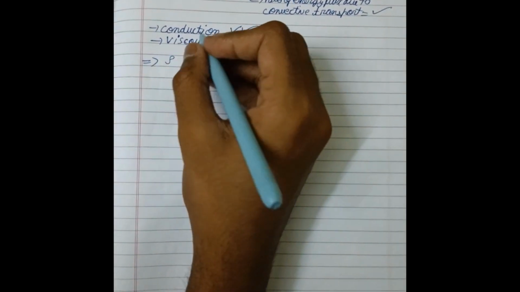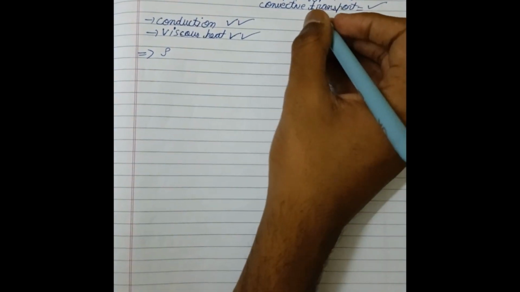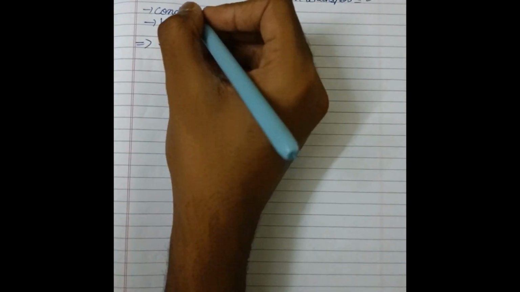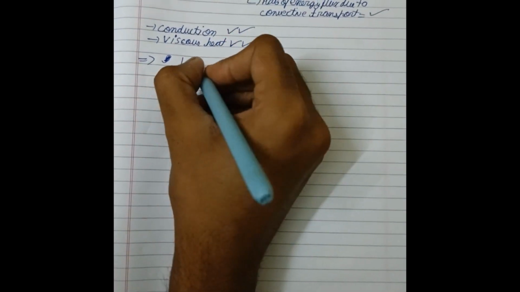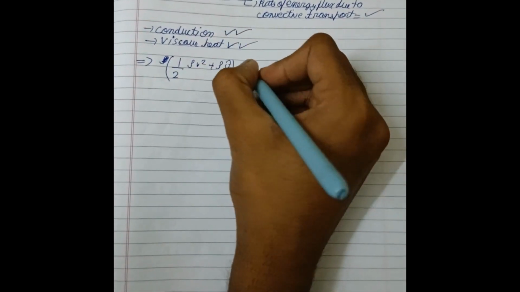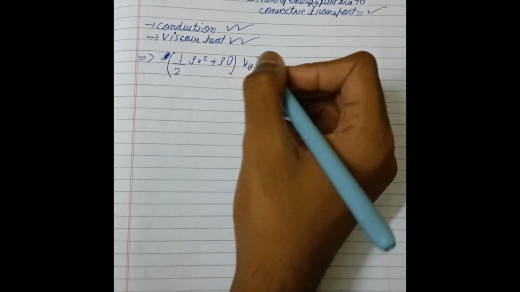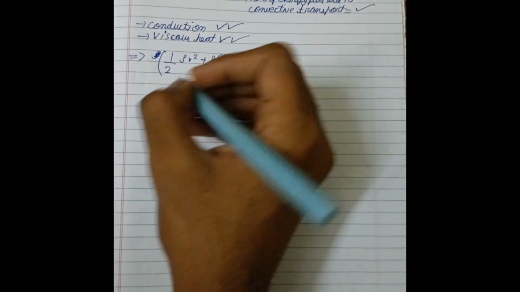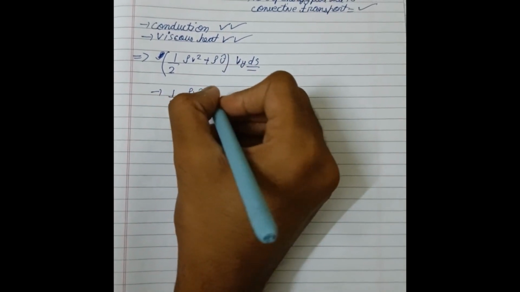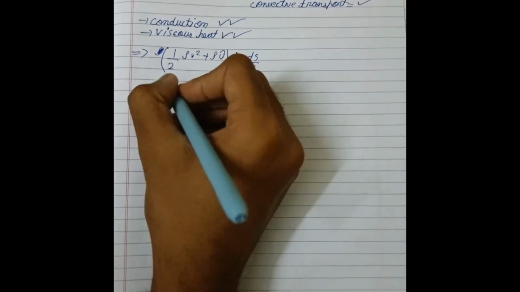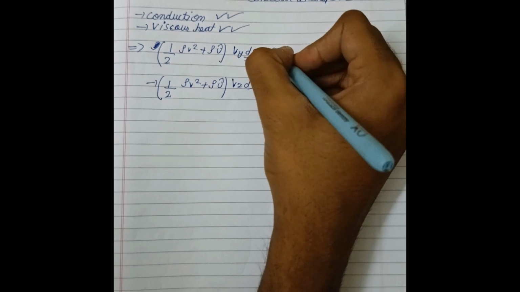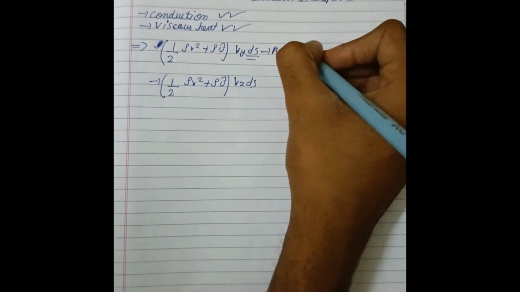Now we have already discussed the rate of energy flux due to the convective transport. As we have written for Vx, we can write similarly for Vy, which is going to be half rho v square plus rho u cap Vy into dS, because we are taking the same particular area. Obviously this can vary actually. Then half rho v square plus rho u cap into Vz dS. Now what is this? It is the rate of energy flux